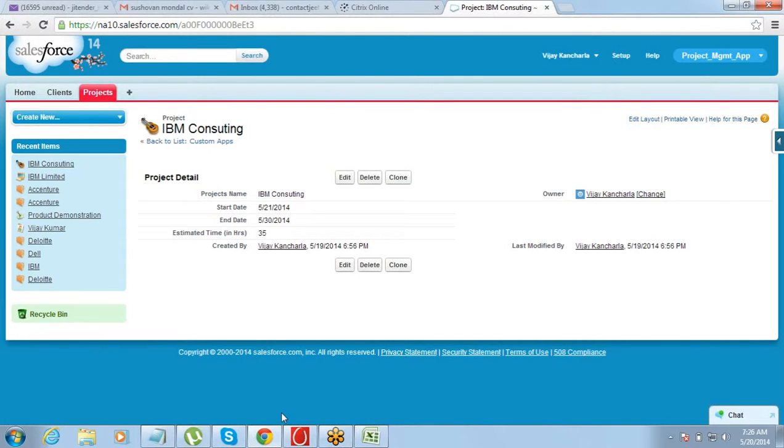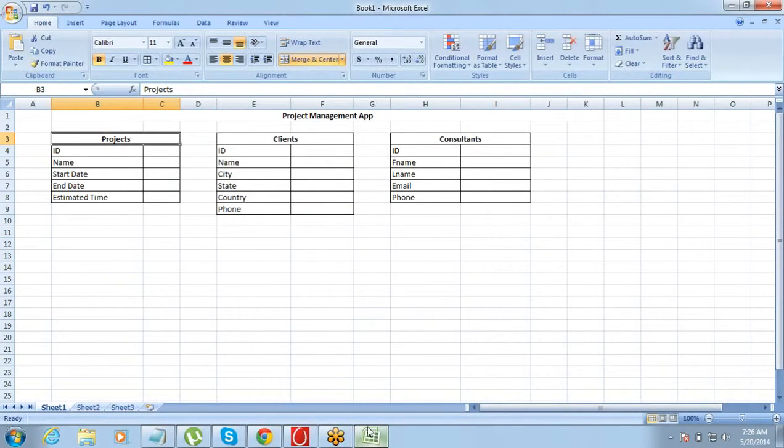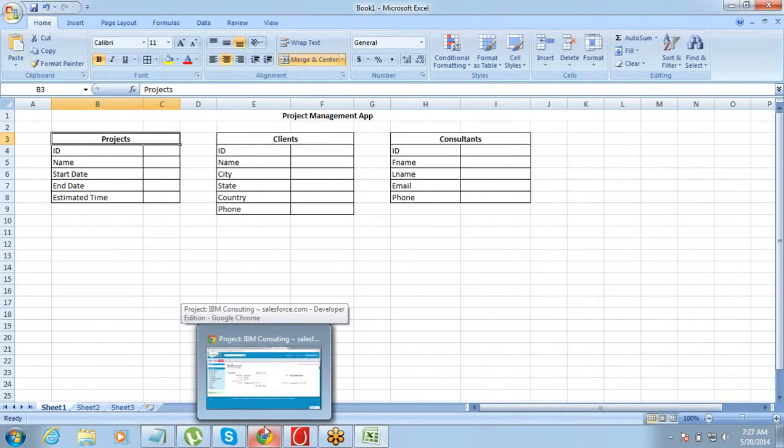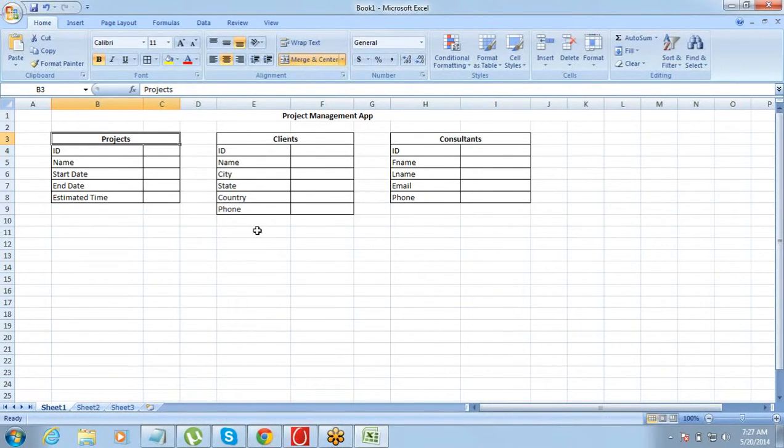It's just a matter of, first of all, understanding what we need to create. The best practice is, before you start creating it on Salesforce, go to an Excel sheet, or maybe take a notebook and a pen. Try to note down the objects and the fields that need to be created, make a list of that, and then once you have decided on certain things, start creating it on Salesforce. The projects, the objects that we thought of, the fields that we thought of.